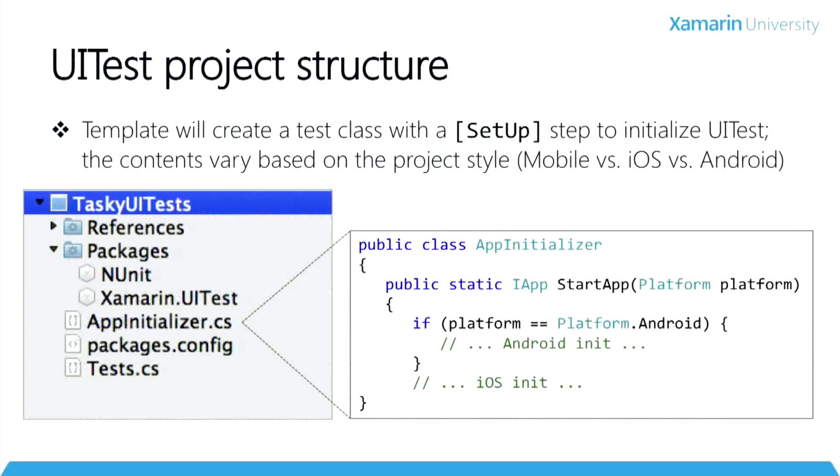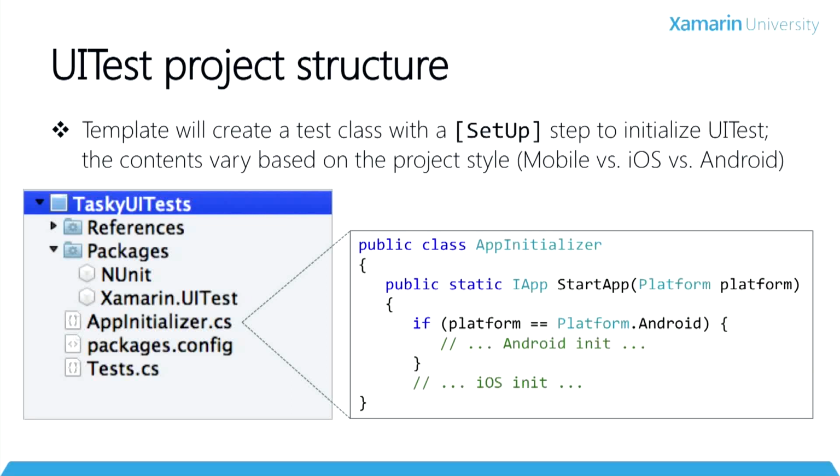There are also some steps to initialize the UITest framework itself. We need to define what application we want to test, how to locate it, and then ask UITest to start the app. All of this is done in the template projects through an NUnit setup method, which is executed prior to each test method. This initialization is platform specific, and in the cross-platform UITest project, the